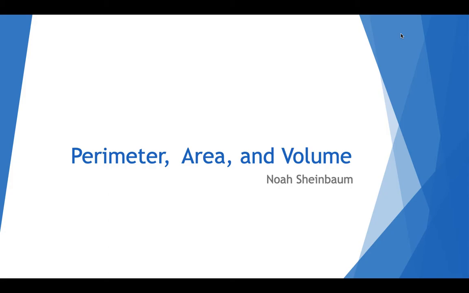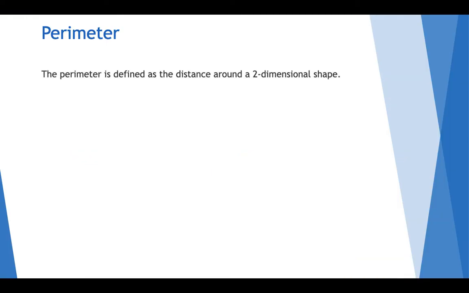Today's topic is on perimeter, area, and volume. So let's get started with perimeter. Perimeter is defined as the distance around a two-dimensional shape. Normally what you'll do is you'll just take all of the side lengths, add them up, and find the perimeter